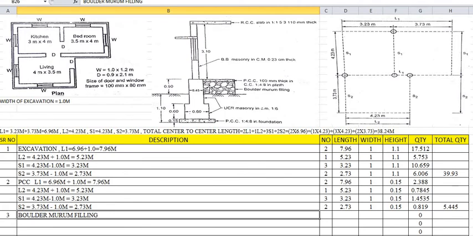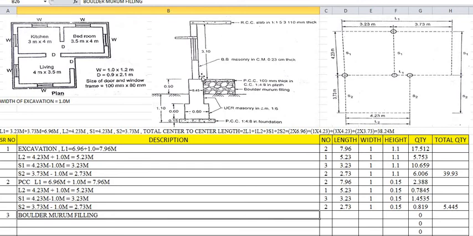The most important thing is to calculate the offset. Here the offset is to be calculated depending upon this. Here this boulder filling will be laid within the rooms. Here we are starting the room dimensions. Here the width of this wall is 0.23, and here the room will start. That means this kitchen has a wall width of 0.23, 0.23, 0.23, 0.23. That means the room will start from this point. This is nothing but the room dimensions. So we have to imagine the various things by seeing the section and plan.